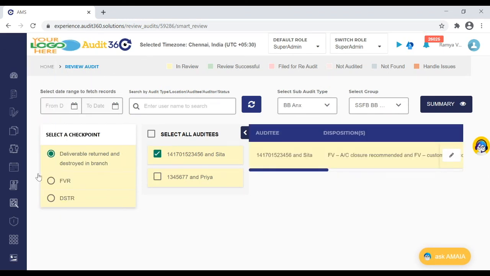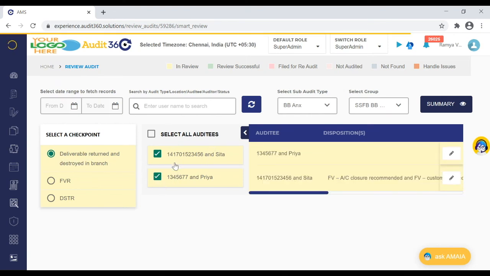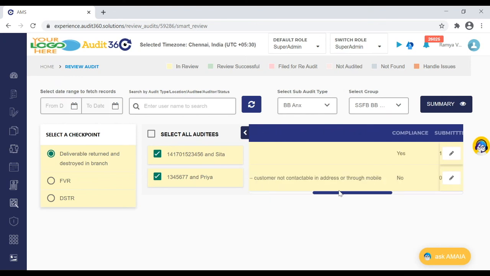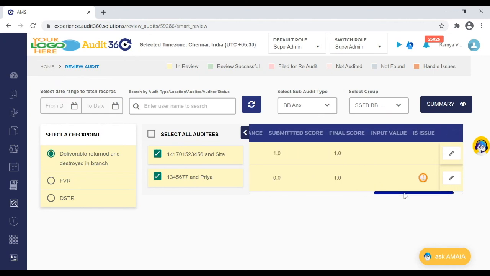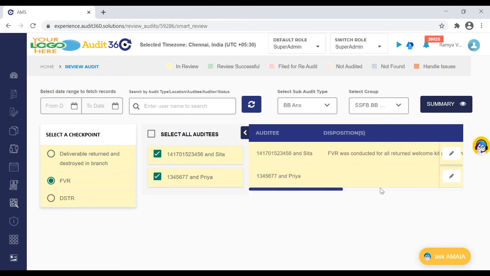Yeah, Santosh, if you see here, we can have a review at a checkpoint. At a single checkpoint, we can review multiple samples or a primary identifier we have executed. So all the information for a respective primary identifier for the sample will be shown on the screen, where this screen is scrollable. You can check for what is a disposition or a compliance being taken up, and if there is an issue, tagging is also there. So at every individual checkpoint level, we can have this information seen.